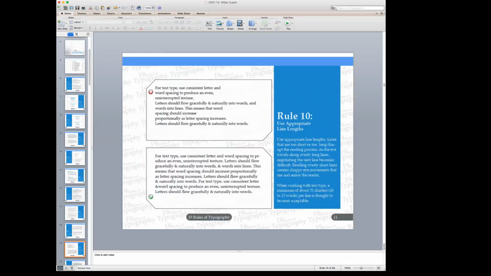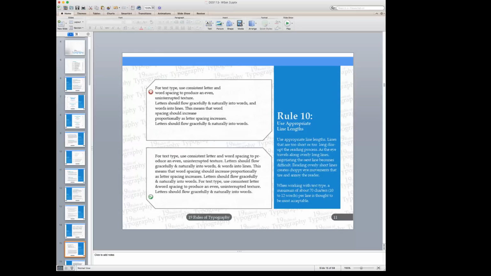All right, with rule 10, you want to use appropriate line lengths. Lines that are too short or too long disrupt the reading process. And this is often seen with descenders or ascenders that are a little too tall or too low.